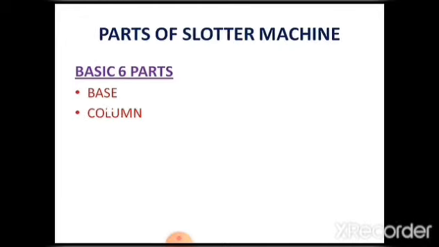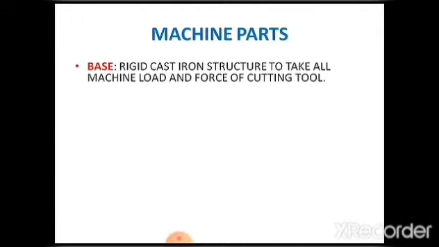तो इसके बेसिक 6 पार्ट्स होते हैं। कौन कौन से? बेस होता है, कॉलम होता है, सैडल होता है, टेबल होता है, रैम होता है और टूल हेड होता है। ठीक है, तो इसके पार्ट्स को हम देखते हैं। जो इसका बेस होता है वो कास्ट आयरन का बना हुआ होता है, यानी कि ढलवे लोहे का। ढलवे लोहे का इसलिए बनाते हैं क्योंकि जो कास्ट आयरन होता है वो आपके वाइब्रेशंस को एब्जॉर्ब कर लेता है, यानी कि कंपन को एब्जॉर्ब कर लेता है, जिससे कि मशीन आपकी एक तो साउंड कम प्रोड्यूस करती है और स्टेबल रखती है। ठीक है, वाइब्रेशन होने से क्या होता है कि वर्क पीस जो है आपका तिरछा मिर्चा कर सकता है।